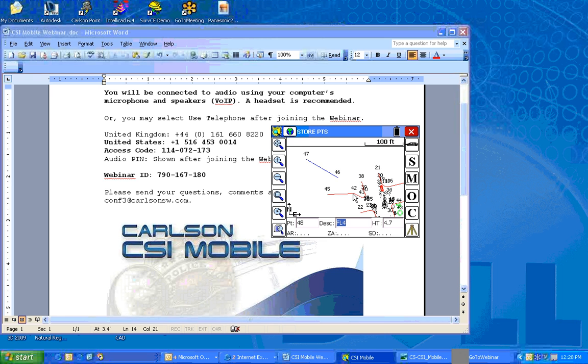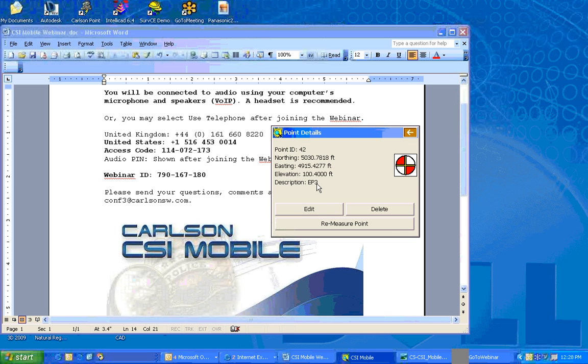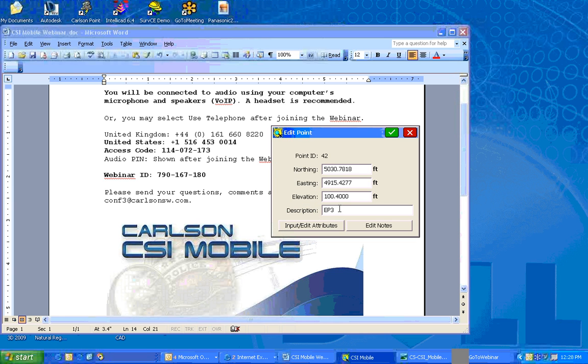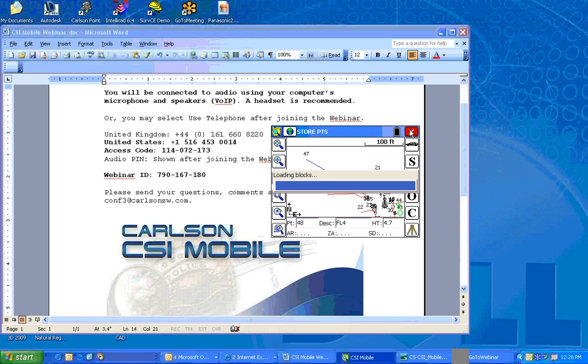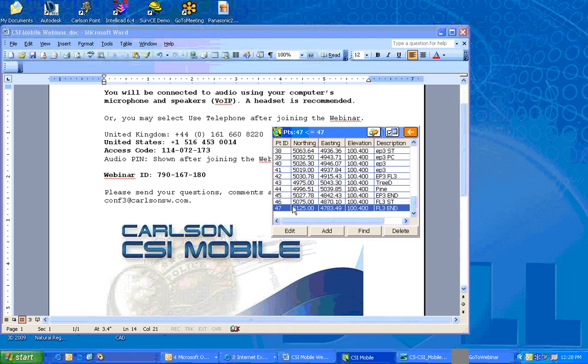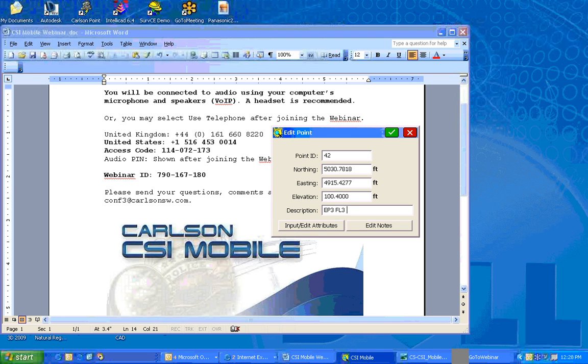But actually, in picking FL, coming off this point 42, I kind of expected the line to go 42 to 46. You know, can we check for a second the description if you click on 42? And the description is still EP3. However, I can edit it, and I can go EP3 space FL3, and maybe I need to go FL3 space start. Yes, start. Let's go over to 43, edit that one, try that,